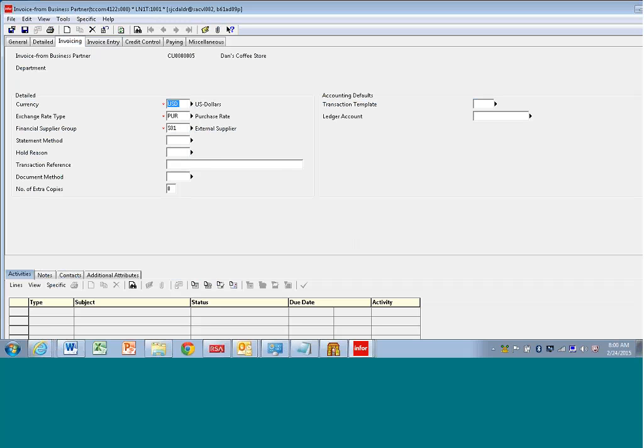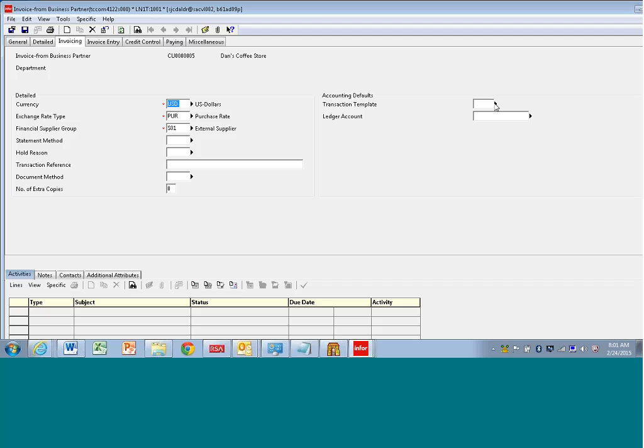So that's new. You can actually have a transaction template. Let's say you're buying supplies from this supplier, and you buy something like office supplies, and you just use a purchase invoice. Well, you want to allocate that cost to different departments. So what you can do is set up this transaction template so that